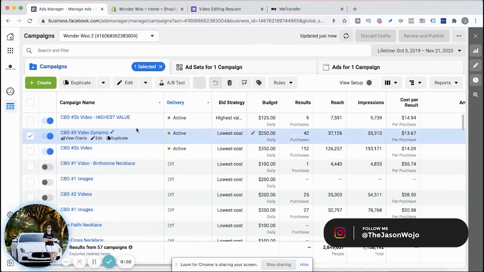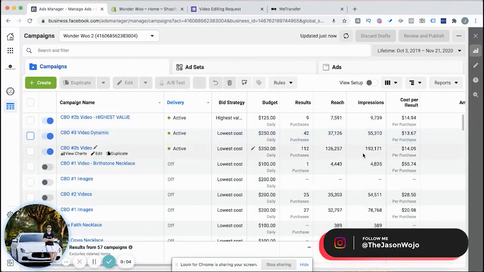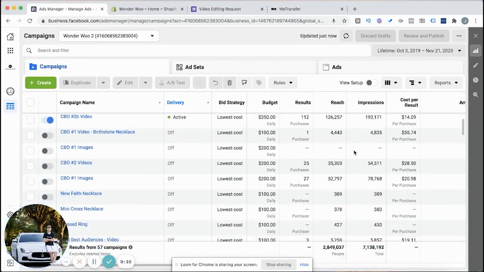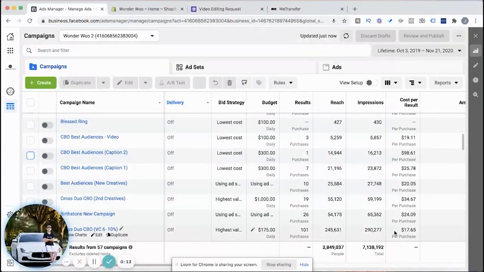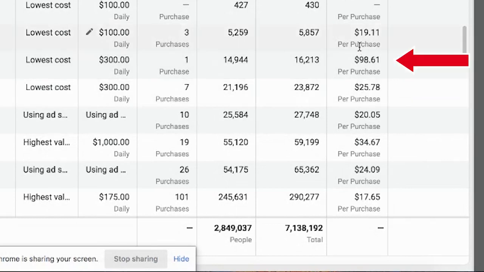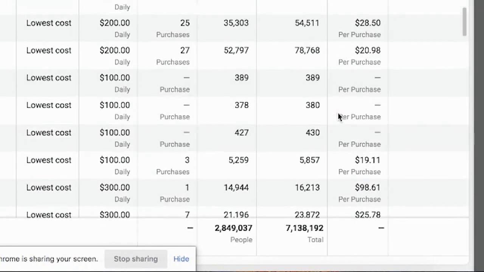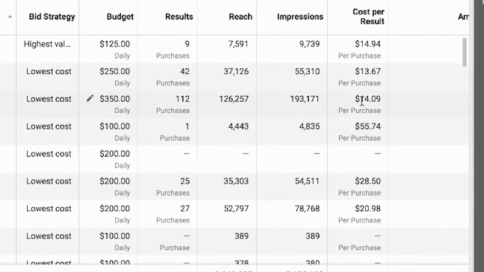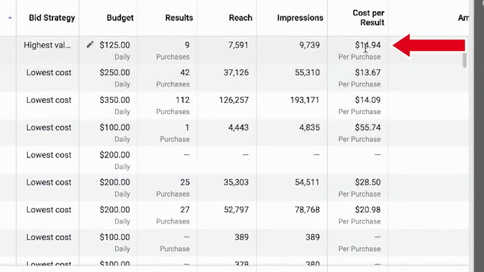All right, so what I'm going to be showing you guys today is how I'm able to drop my client CPAs by simply taking what works, duplicating it, and giving my audience a new perspective, dropping CPAs by a little bit over 40%. So as you can see, other campaigns have been ran: $24, 34, 20, 25, 98, 19. Some had zero purchases, 20, 28, 55, and then being able to consistently run ads at a 14, 13, and a $14 CPA, which is very scalable when the product price or average order value is over $31 at about